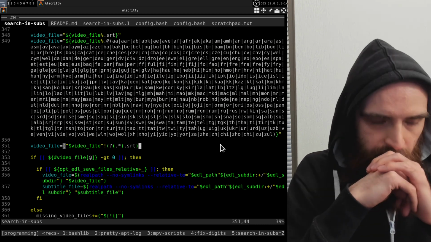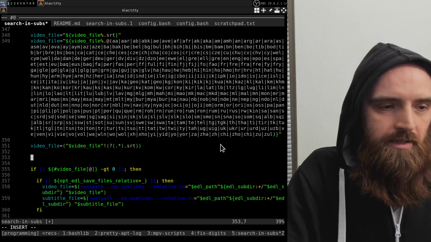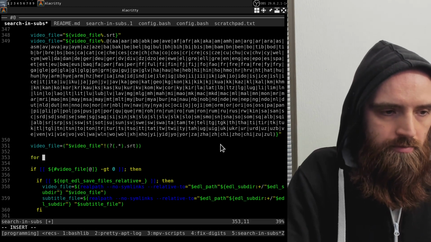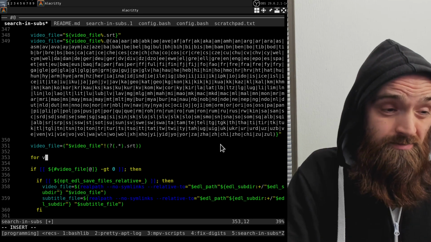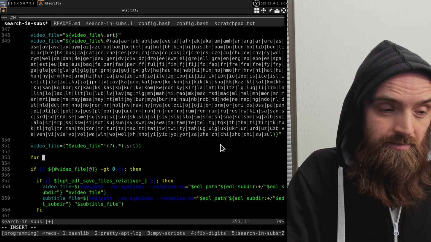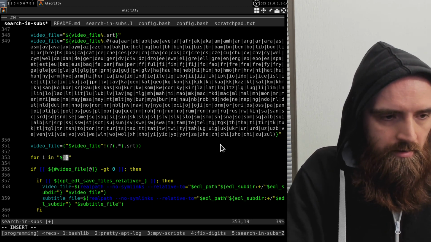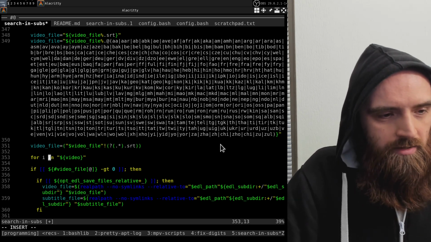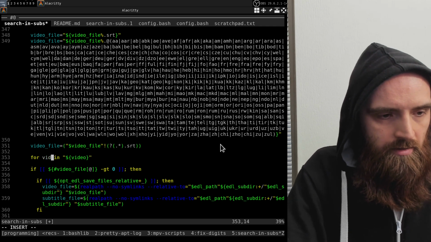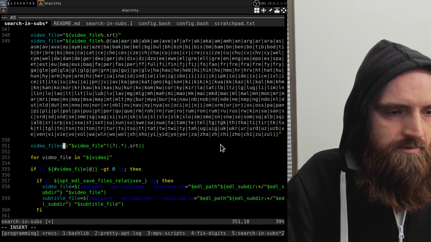So let's implement it. We're going to loop through this array and go, for I and video. I could say video file. Yeah, that's fine. I can say video file, and I can just rename this to video files,